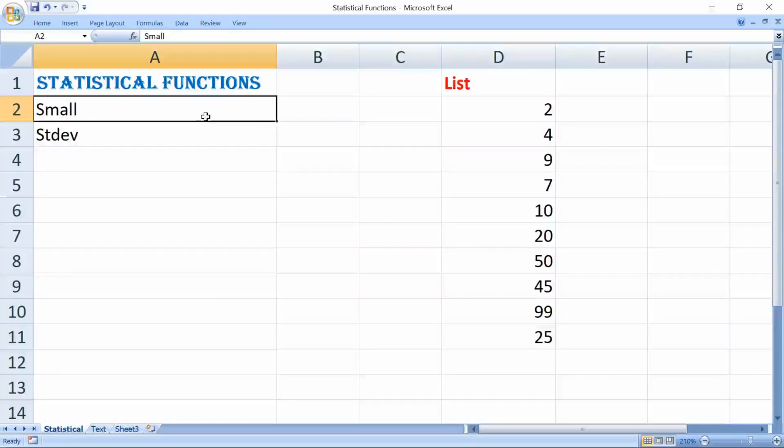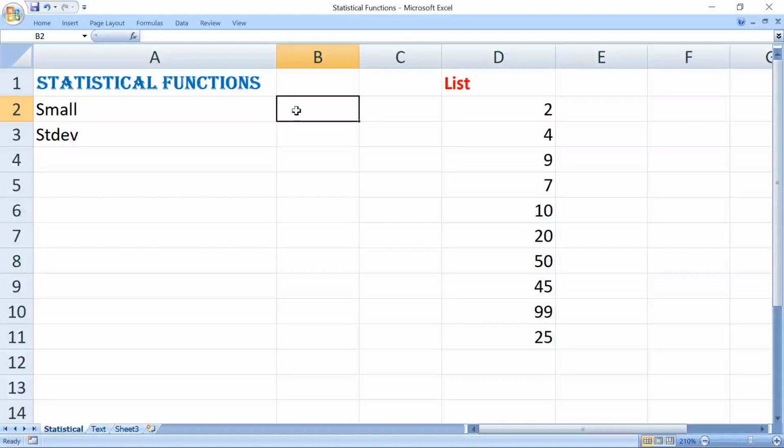Next function is SMALL function. This particular function will return the nth smallest value from the list or maybe from the range or maybe from the set of numbers. Let's see the example for this particular function. Small open parenthesis array.